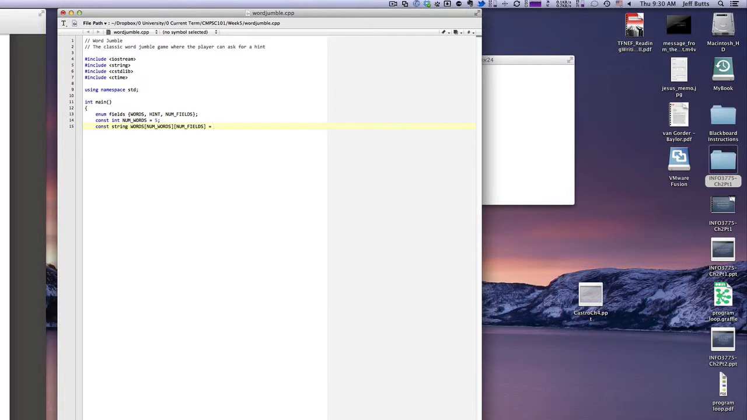Okay, this is where we're actually defining the words that are in our jumble. And so we have a number of words and a number of fields. Number of fields we don't declare an integer for, but we did declare the constant integer for num words is 5. So we know that we can have no more than 5 words in this array. Okay. First row,